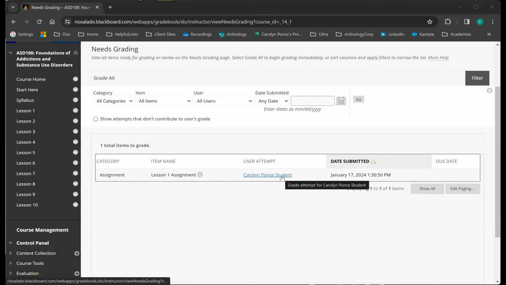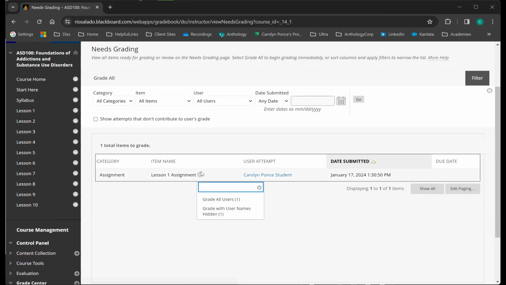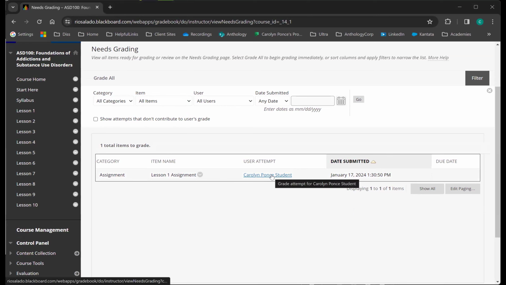One trick to note, because this can be a little confusing to folks: there are some drop-down action menus on the lesson itself where I can select from. But the name of the user is what is highlighted on this page, blue with the underline.